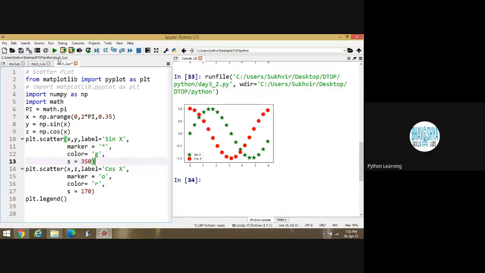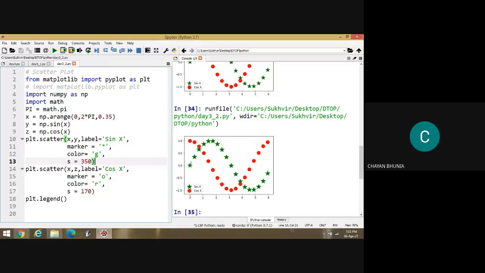Suppose I am writing 350, I can increase the size of the star. Look at this one. Okay. Size of the star or symbol. Yes, yes. This one is represent size. This one is basically at the back end defined by the compiler that if you are writing this value, it increases or decreases accordingly. Nothing else. Okay. These are the values.